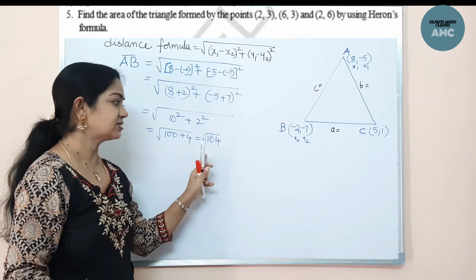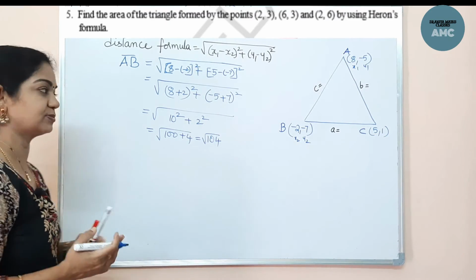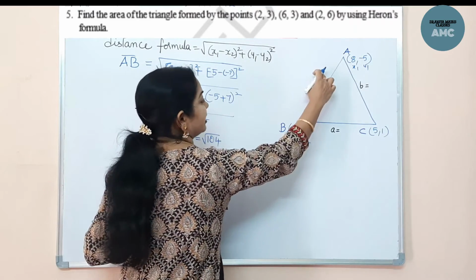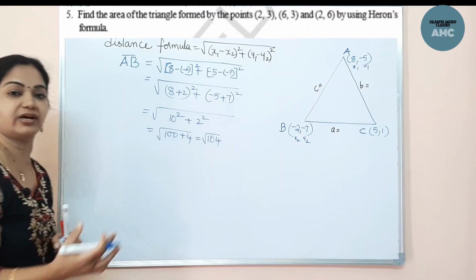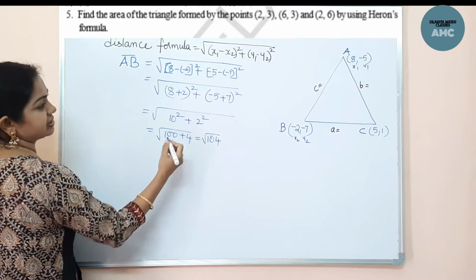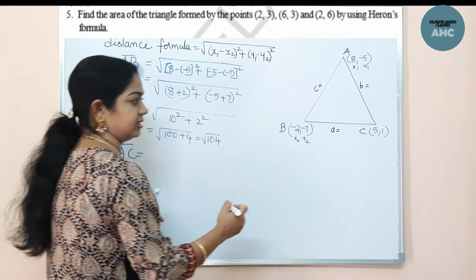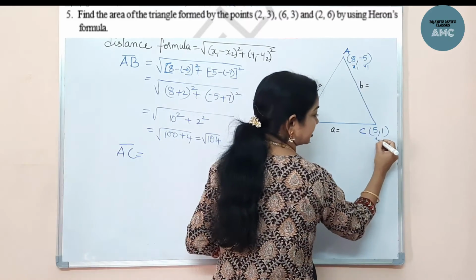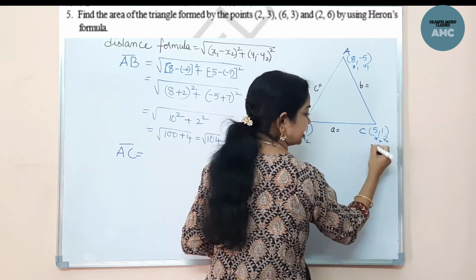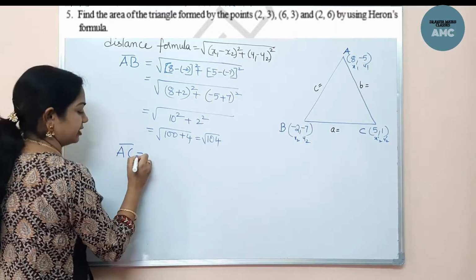Now let us do one more side and see whether this area is possible or not. If the square root is a perfect square, or if you get a distance of some number, then only we can find the area of the triangle, right? Now let me take one more side, AC. If I want to find AC, this will become my x2, y2. Let us take x2 prime and y2 prime, because otherwise it will get confused with this. For the distance AC,